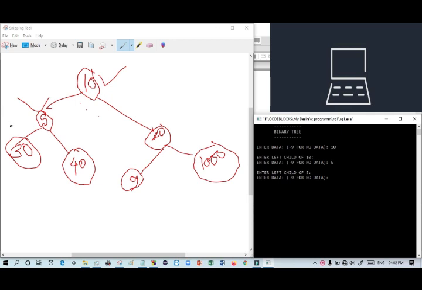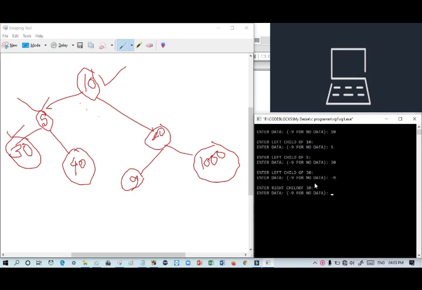What left child? I write 30. After 30 it will ask for the left child of 30 and the right child of 30, but there is nothing. So the left child of 30 will be -9. Why use -9? -9 is used for no data. It's already written here.